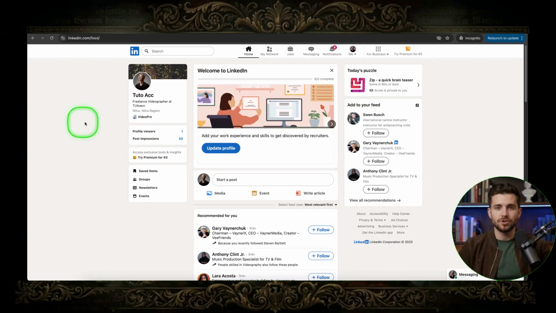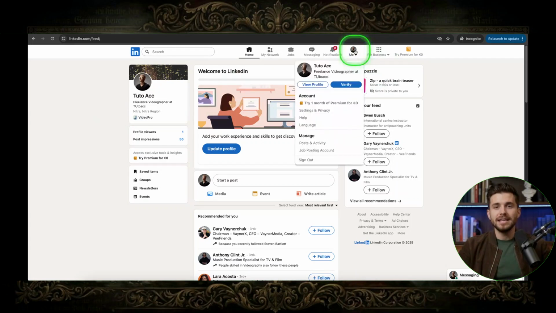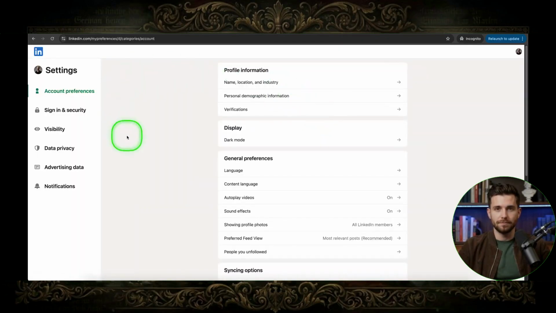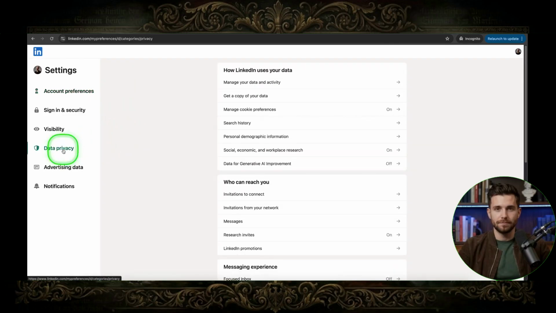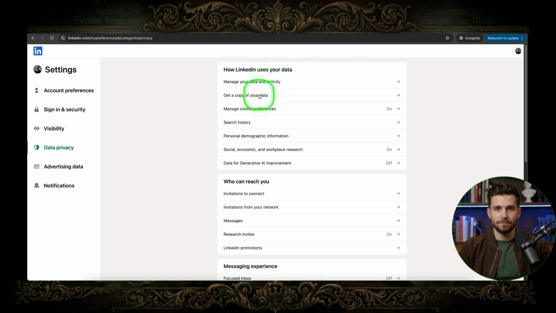To begin, navigate to your profile icon and select it. From the drop-down menu, choose Settings and Privacy. Next, locate and click on the Data Privacy section. Under the How LinkedIn Uses Your Data header, find the second option labeled Get a Copy of Your Data and